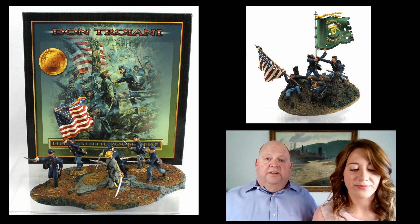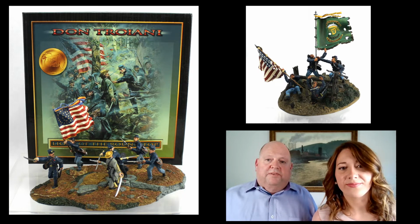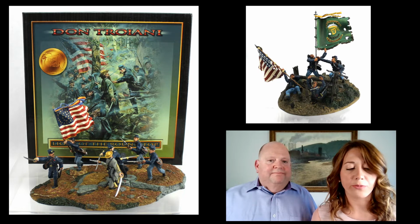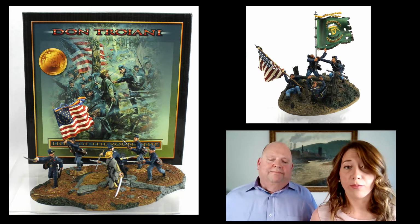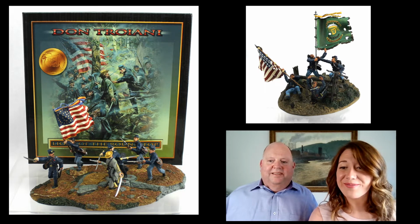If you like American Civil War, American Revolution, these are some of the figures to go after. Certainly. The first set is the Irish Brigade, and the second one is Lines of the Round Top, and they were both made about circa 2000. Next, we are moving on to...